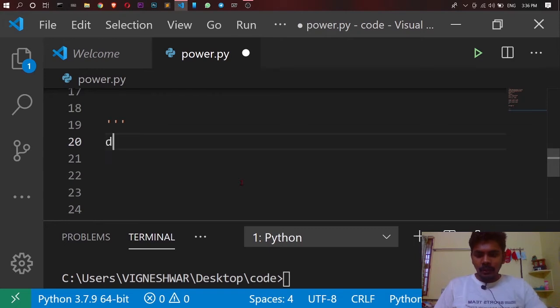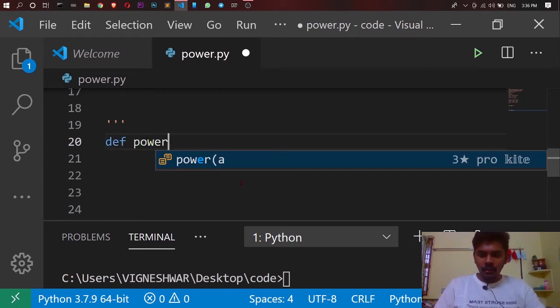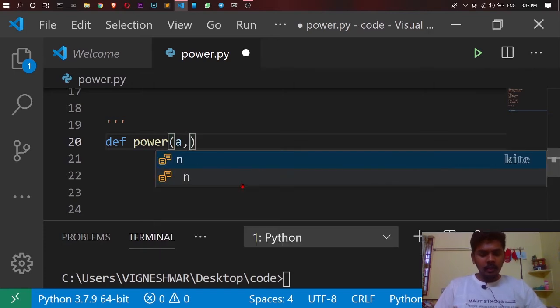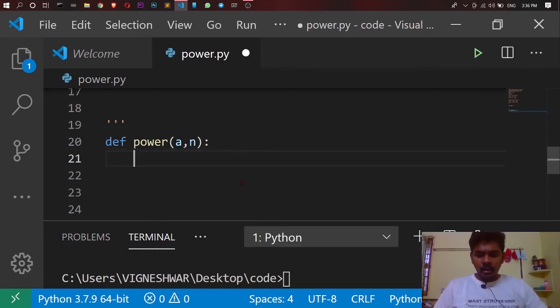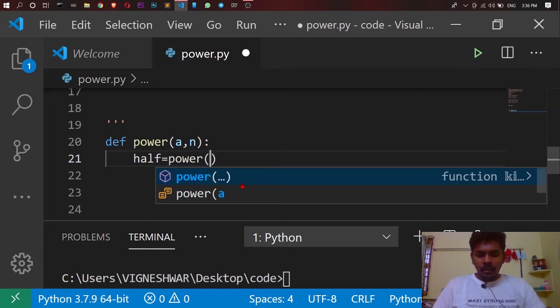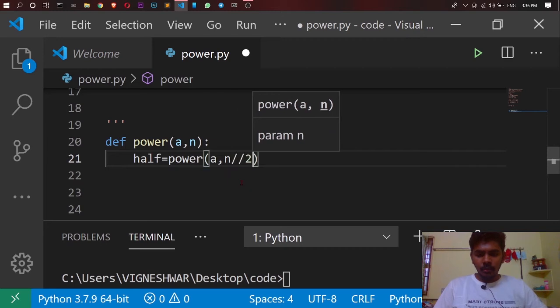So let's define a function called power. This is going to take two arguments, one is a and another one is n. First, we can find the half of the answer. Half of the answer means just the power of a and n by 2.